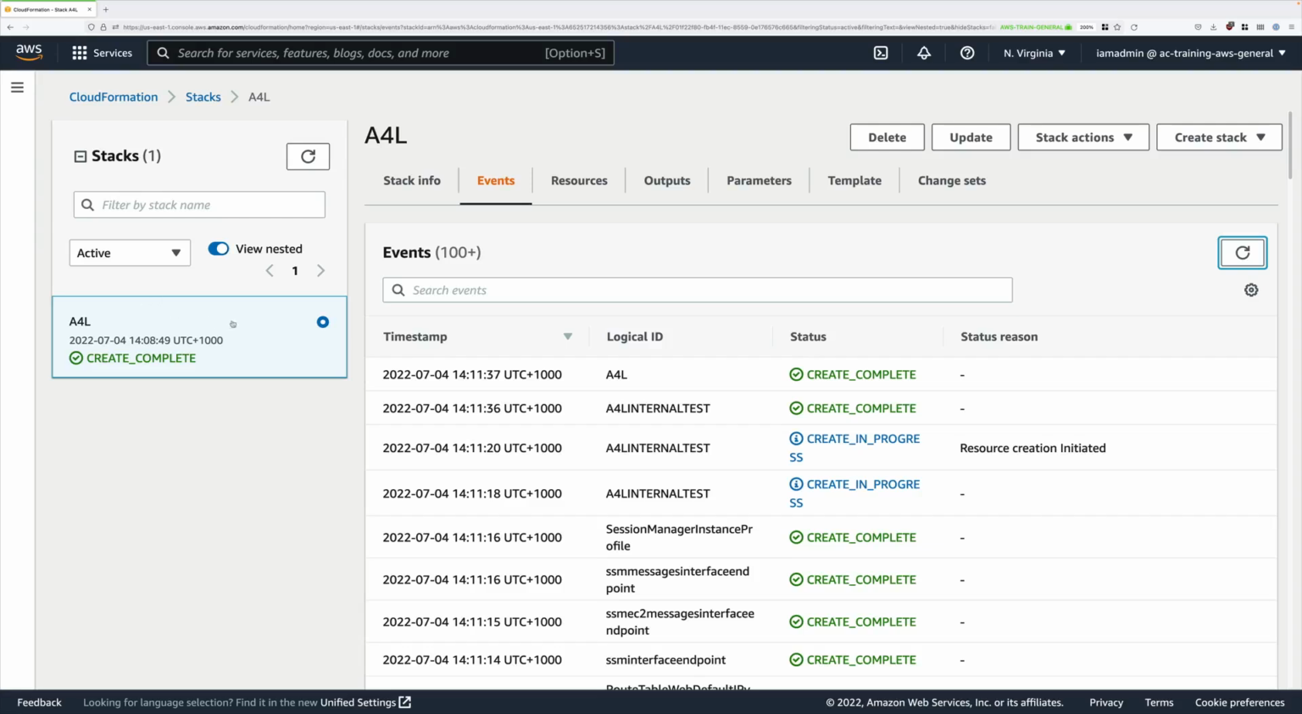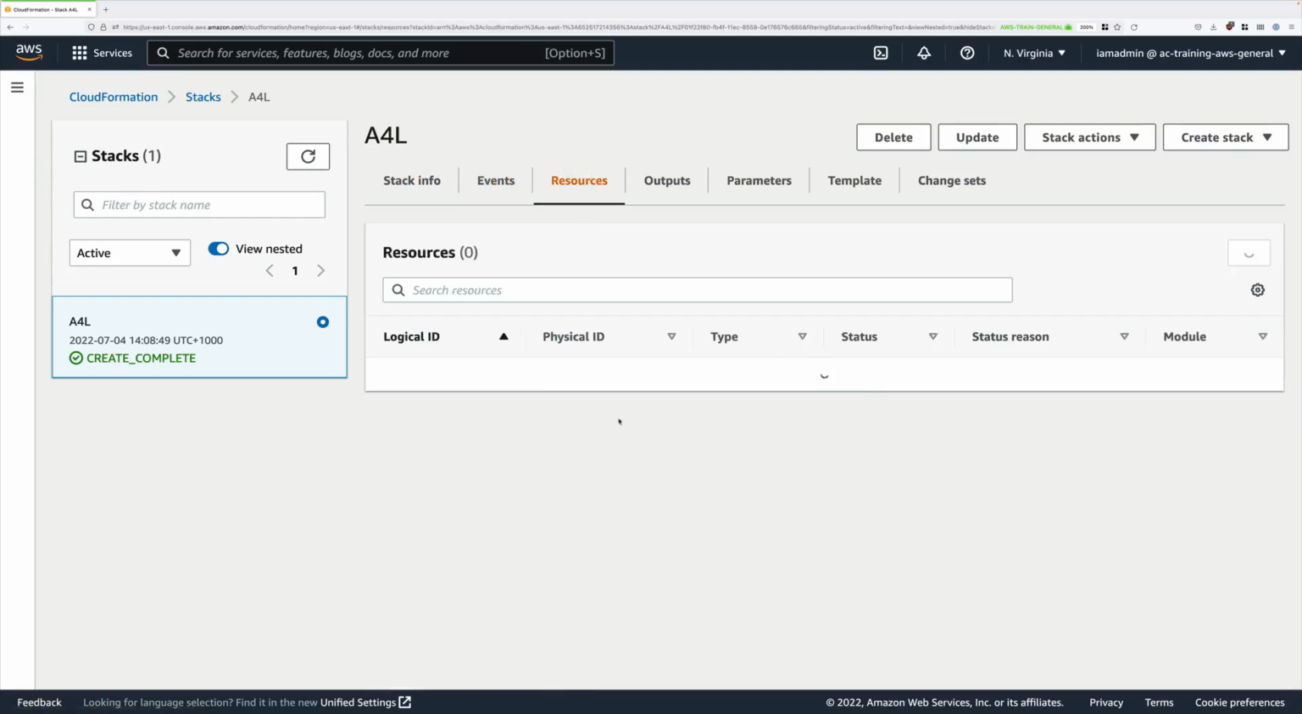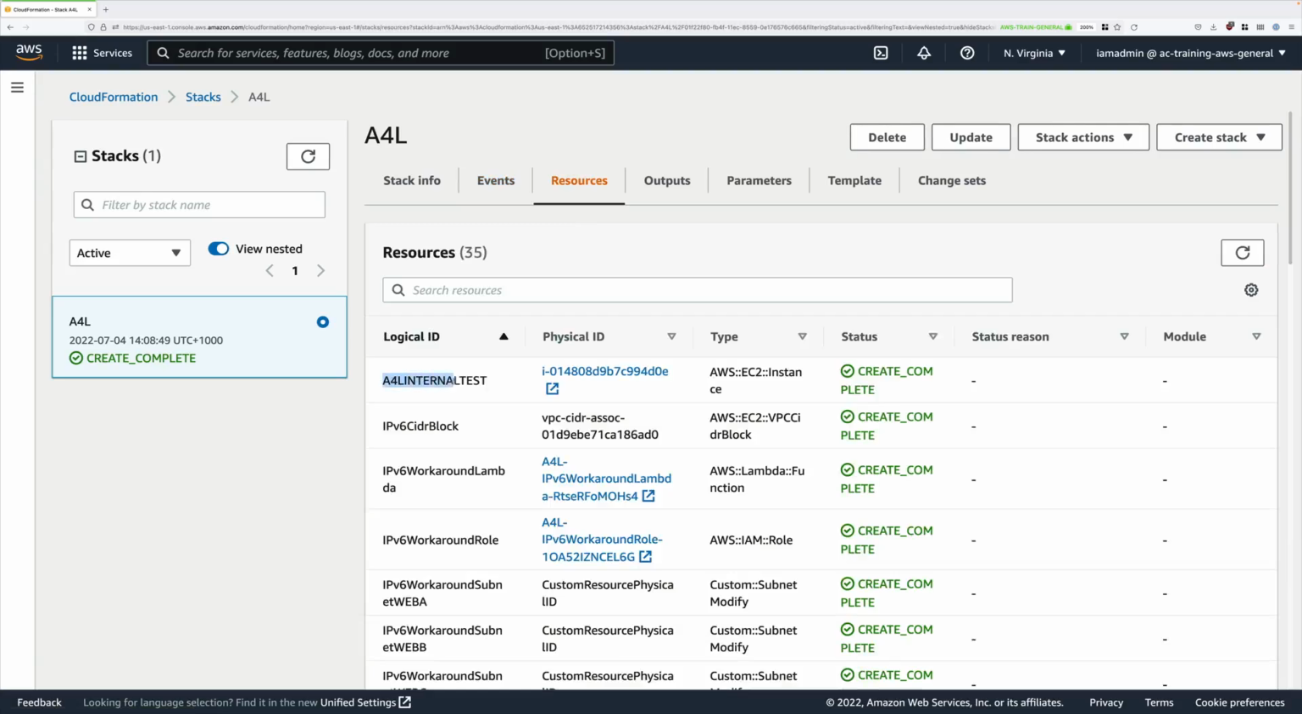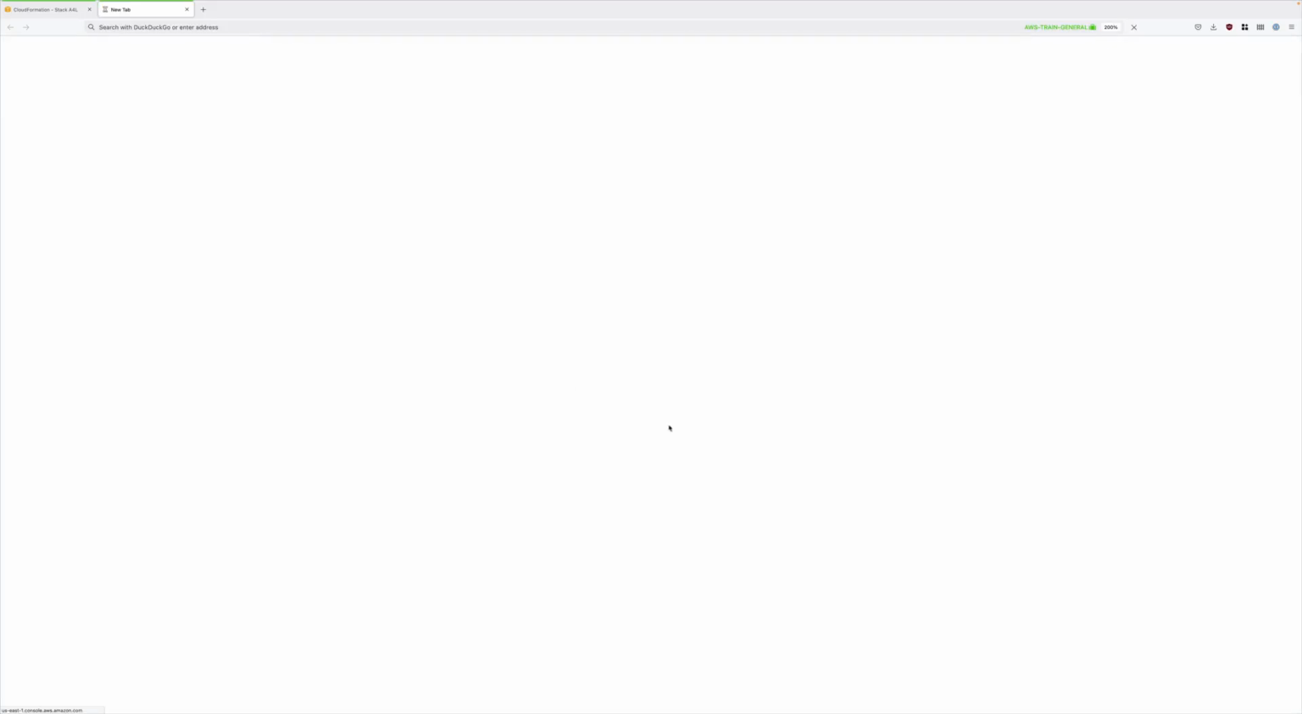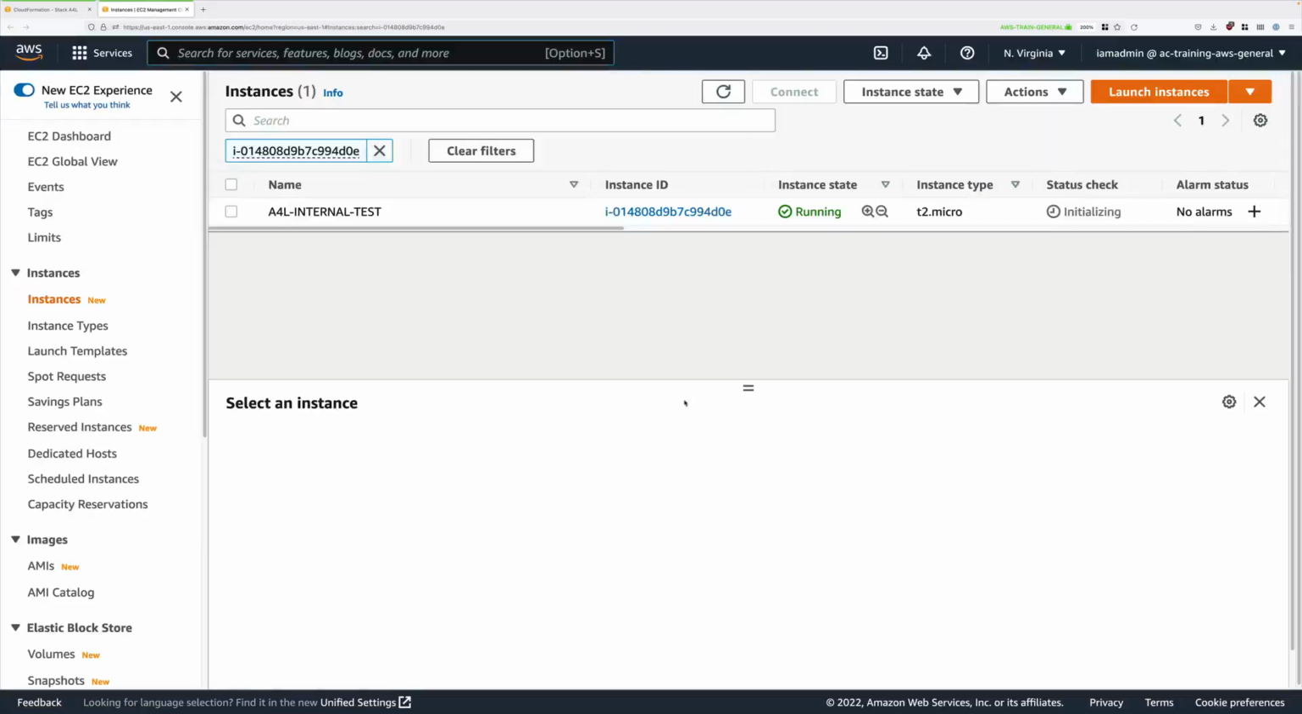So what we need to do before we start is make sure that all of our infrastructure has finished provisioning. To do that, just go ahead and click on the Resources tab of this CloudFormation stack and look for A4L internal test. This is an EC2 instance, a private EC2 instance, so this doesn't have any public internet connectivity, and we're going to use this to test our NAT gateway functionality. So go ahead and click on this icon under Physical ID, and this is going to move you to the EC2 console, and you'll be able to see this